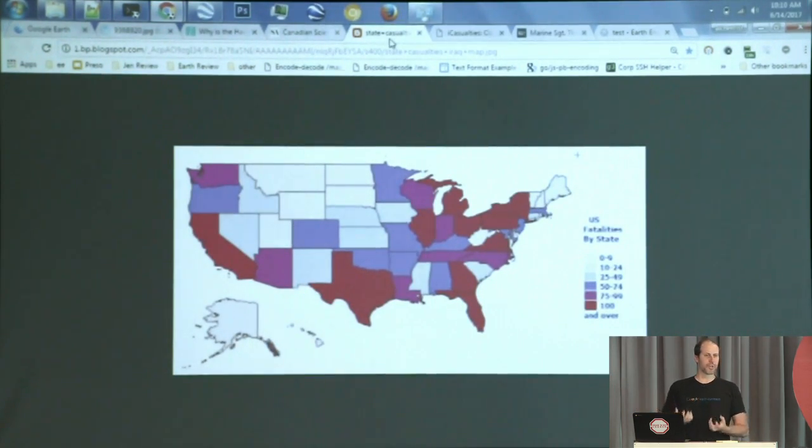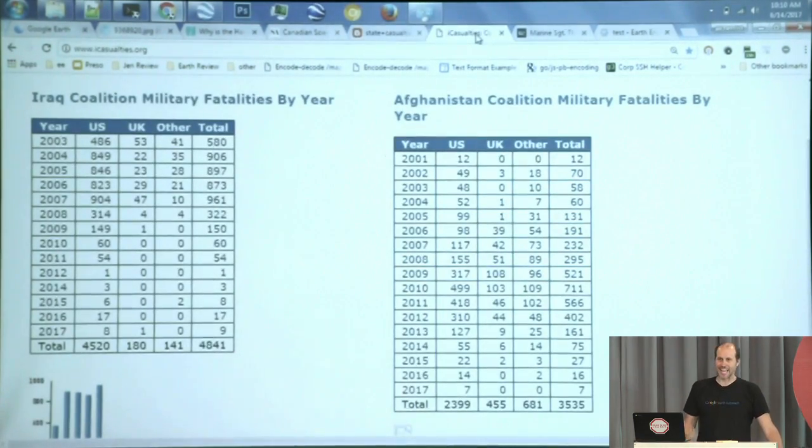This is not showing you the impact that this is having around the world for both the US and the other coalition countries. And these numbers just aren't doing it justice, and it's not connecting you to the human story. And one of the themes that I'm going to talk about with New Earth is about storytelling and how I hope to see a lot of you